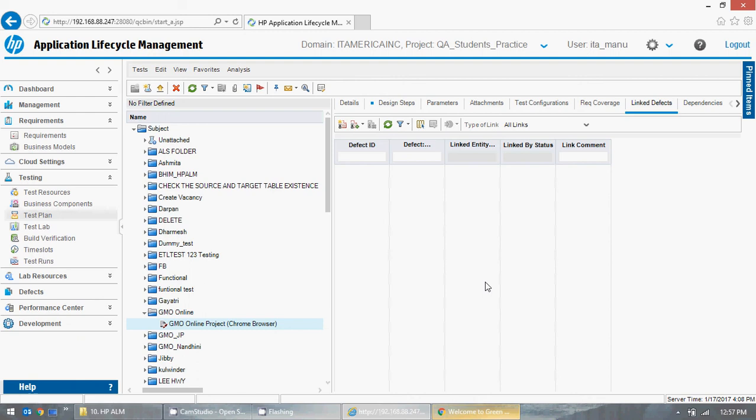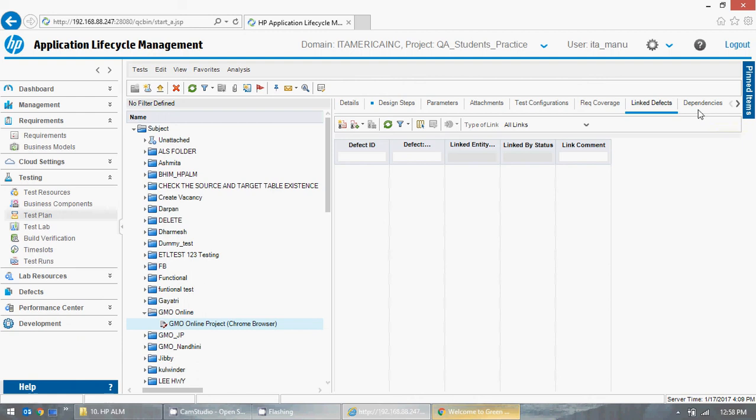The first question is, why did you link with the test plan when you have it in the test lab? It's a simple question, right? If I was the administrator, I would have removed this. It's not really required, but you have an option of doing that. And the HPLM, I really don't like that, but